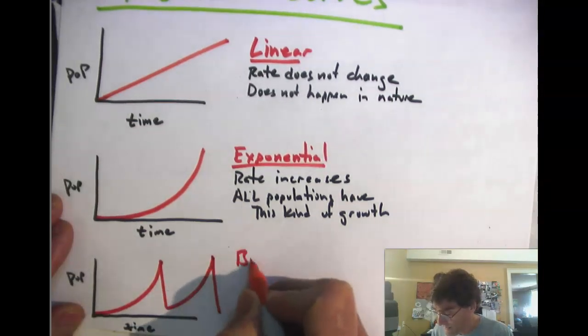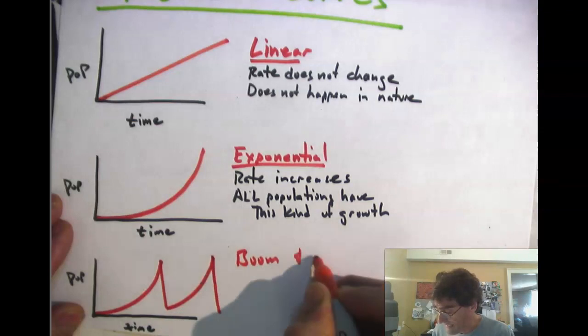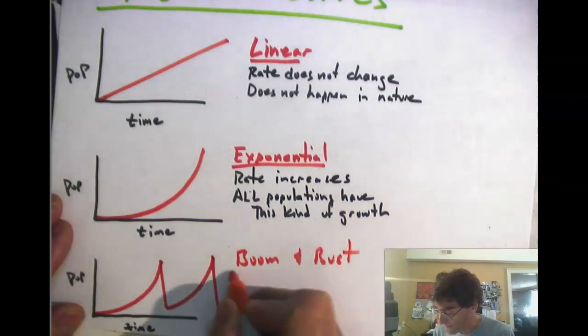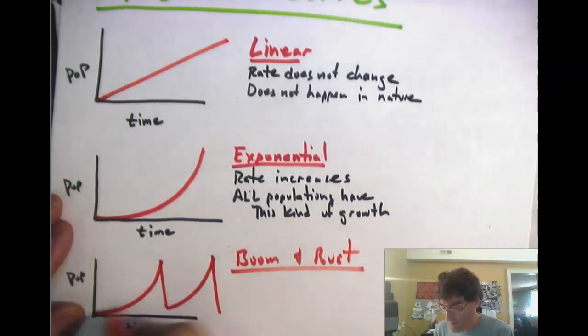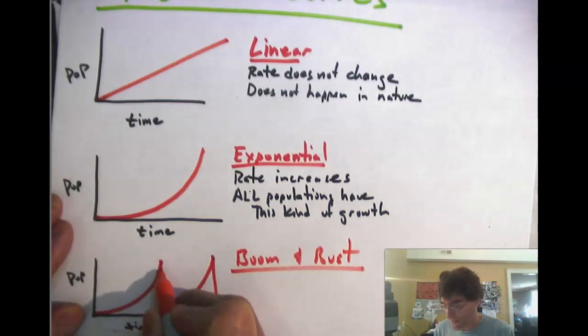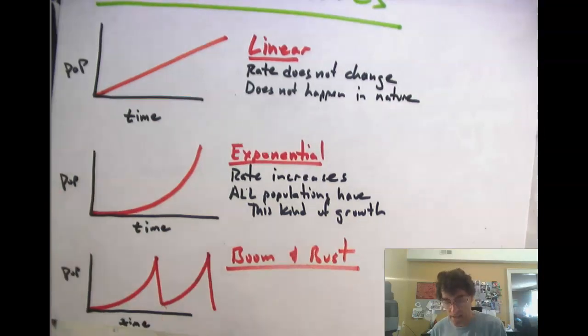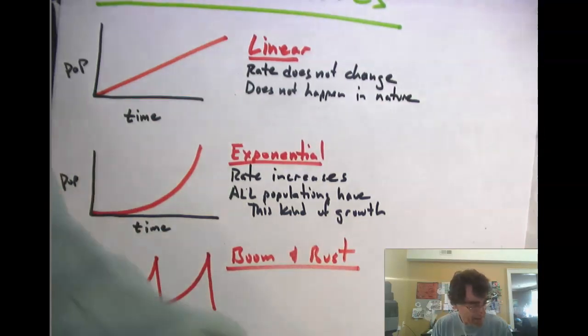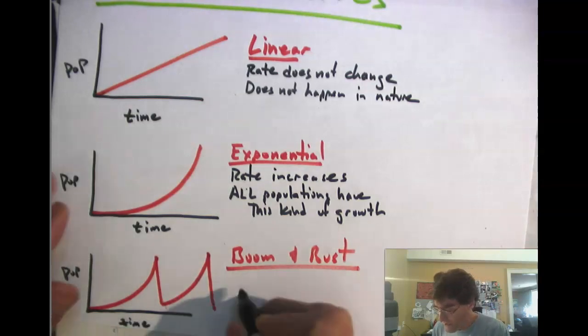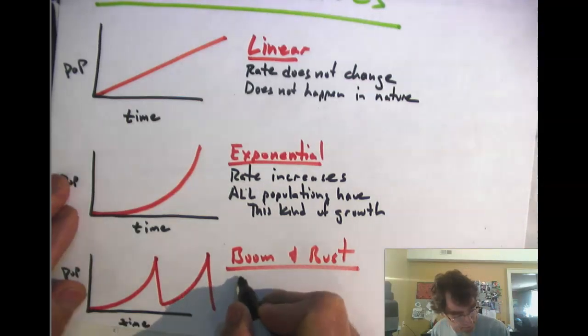We call this a boom and bust, right? Here's the boom, and then here's the bust. And then it happens again, boom and bust. So let's write something down here. What happens though? Well, boom and bust means